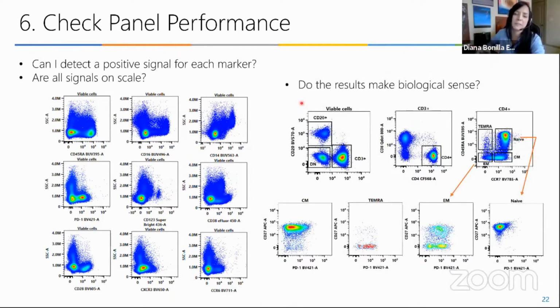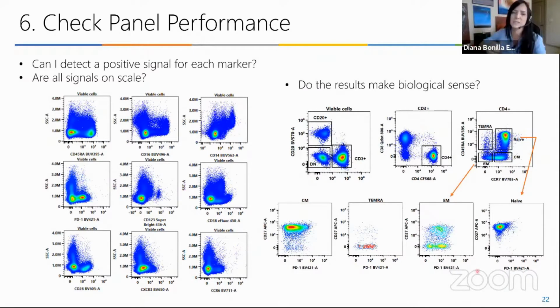And also make sure that that makes sense. And as if I'm getting on CD3, CD4 positives, just to give you an example. And then I define memory subsets, where naive and EM is what I'm going to be talking about, the effector memories. So if you have markers in the panel that allow you to confirm the nature of those populations and